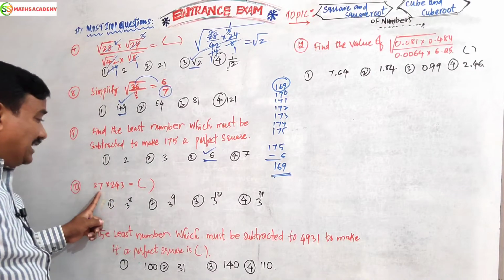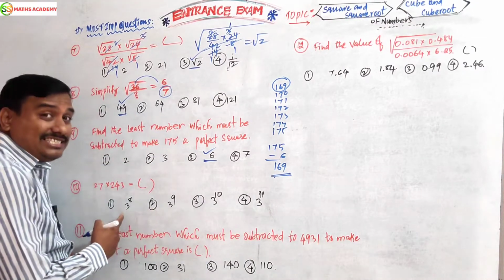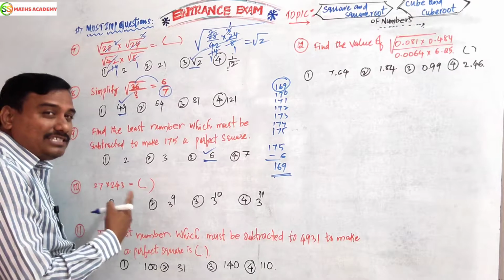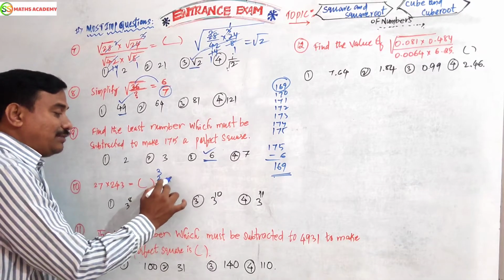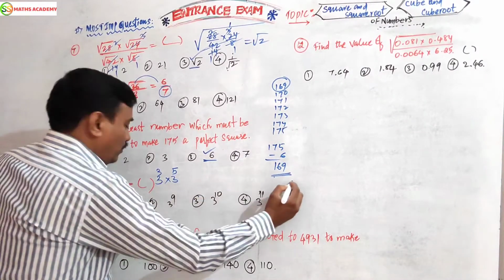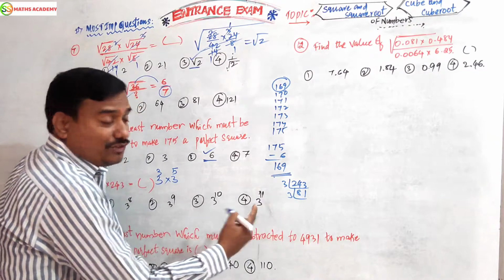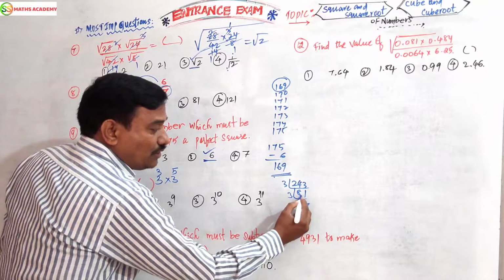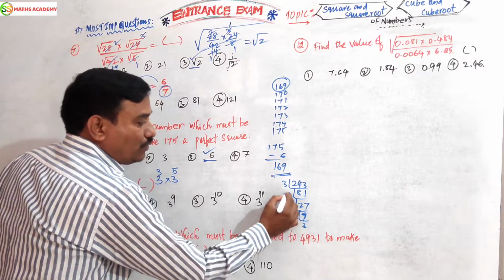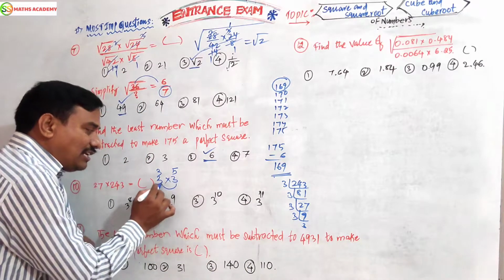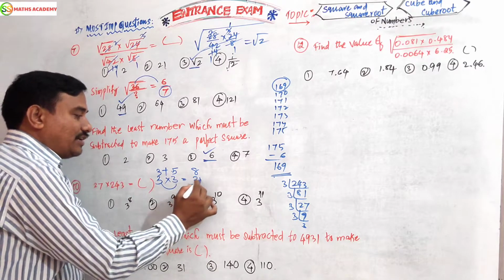Okay. Now 27 into 243 is equal to dash. The options all have base 3, which means we can write the numbers as powers. 27 can be written as 3 power 3. 243 can be written as 3 power 5. How would I know 243 is a power of 3? 3 eights are 24, 3 ones are 3; 3 twos are 6, remainder 21, 3 sevens are 21; 3 nines are 27, 3 threes are 9. So 1, 2, 3, 4, 5: 3 power 5. Now the bases are equal, take one base as common, and the powers should be added. 3 plus 5 is 8. 3 power 8.